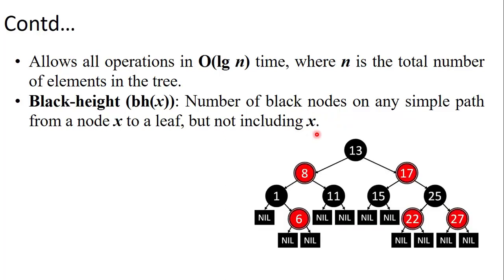Now let us revisit the same example. For calculating the black height of this tree, we need to consider the root node. Since it is under consideration, we will not be including it while calculating the black height. So descending towards its left and right pathways, on every path we can see only two black nodes. So that's why we can say that the black height of this complete tree is 2.